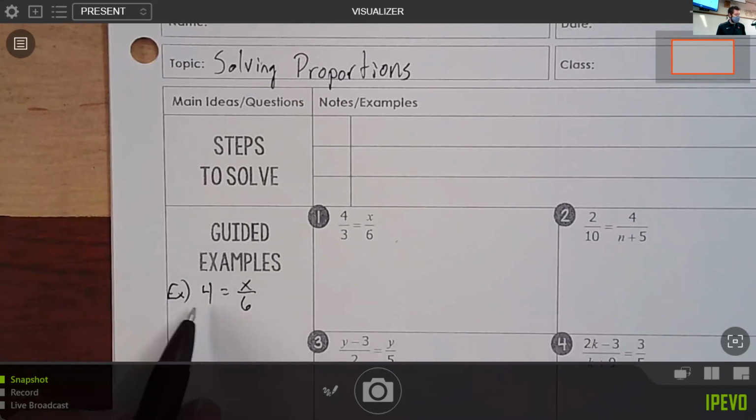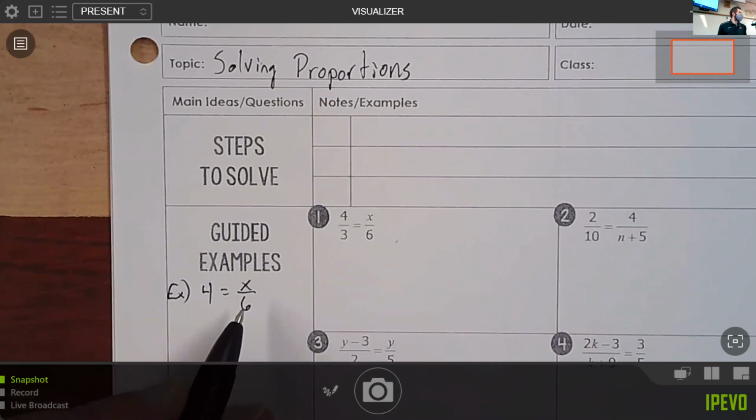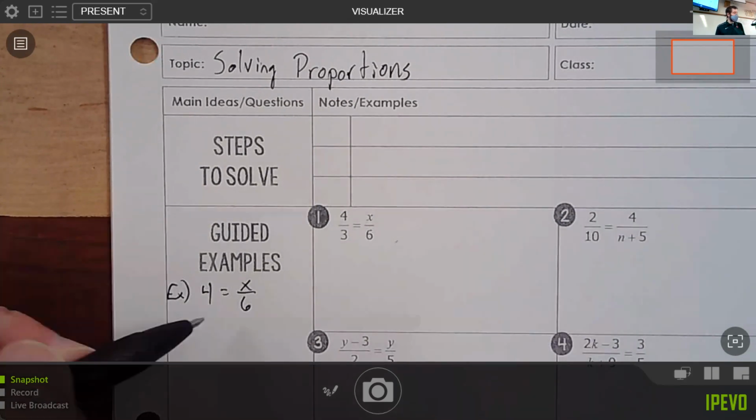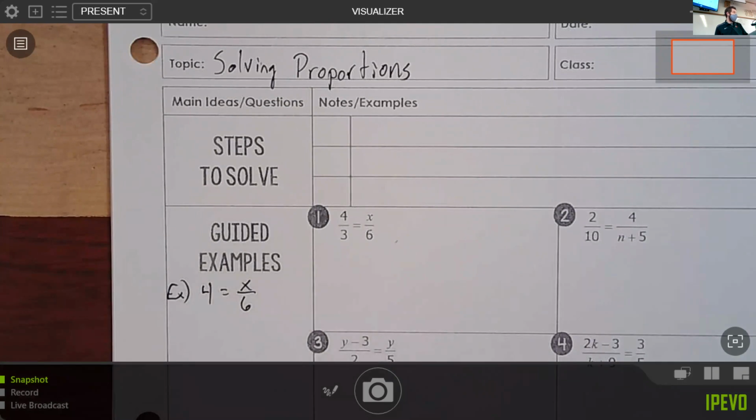Because we've solved equations like this before. We haven't solved equations yet with fractions on both sides, but we have solved equations like this. So what would we do to solve for x here? We could put a 1 underneath a 4. We don't necessarily have to because it's a whole number. I mean, we could if we wanted to, but it's not something that we have to do. Yeah, multiply both sides by 6 because our variable x, remember that fractions are the same operation as division,